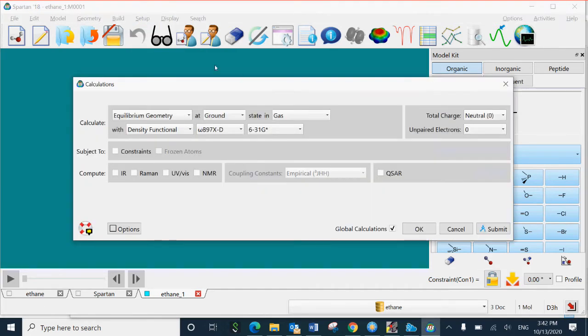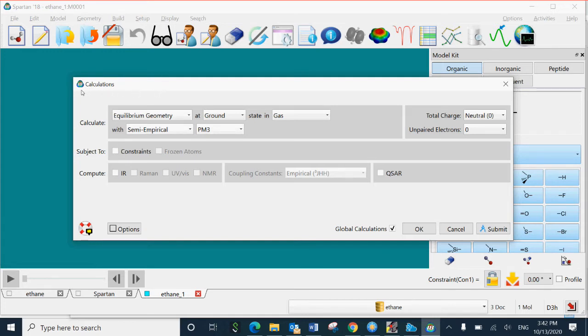Here you will find another window. So here you need to use equilibrium geometry at ground state in gas, with semi-empirical PM3.